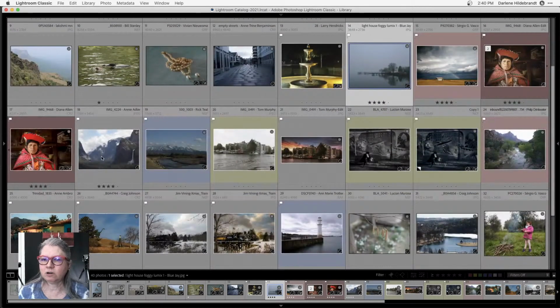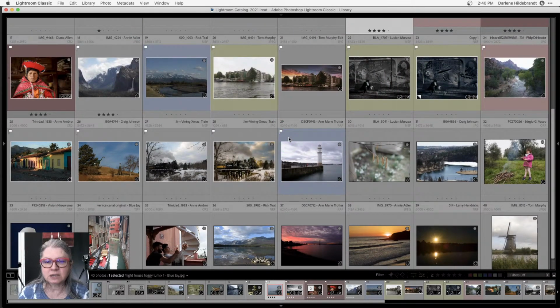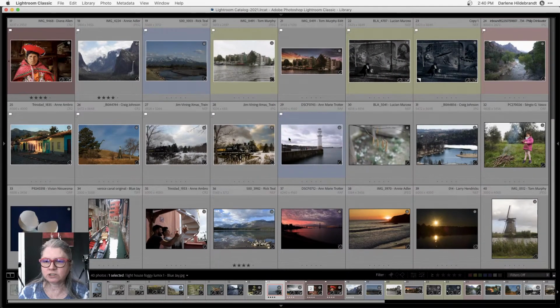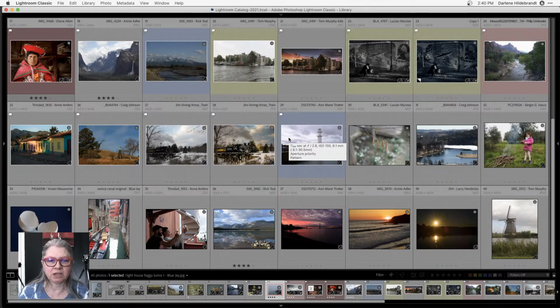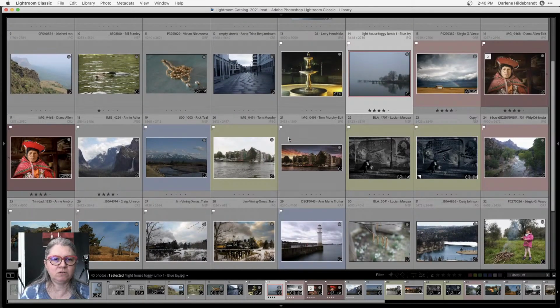I think we're coming along quite well. I've done quite a few of these images now for you guys. Did that one of Phil's. Is there anybody else here that wants to see their image edited? Anne, Ambro, are you here? If you're still out running errands, let me know.